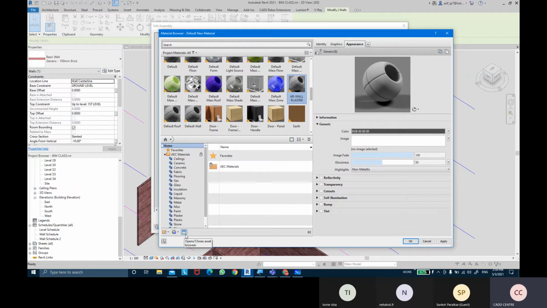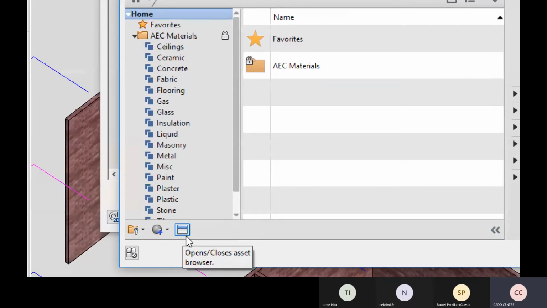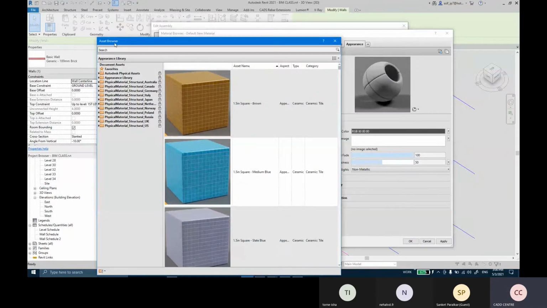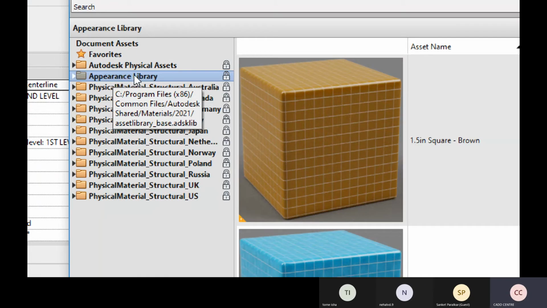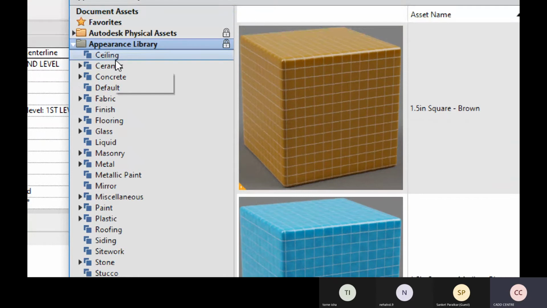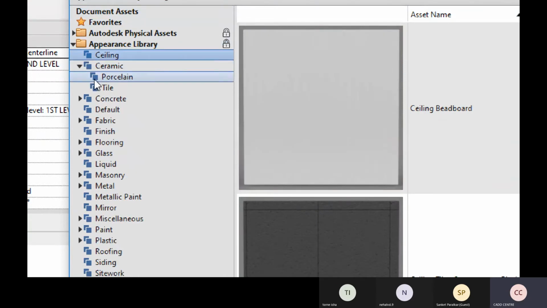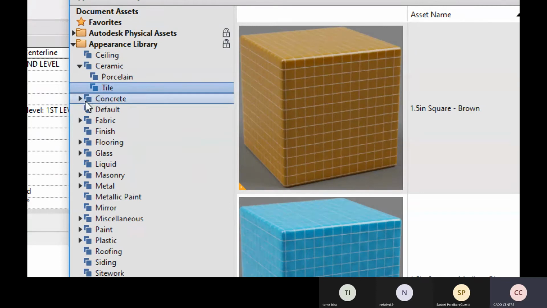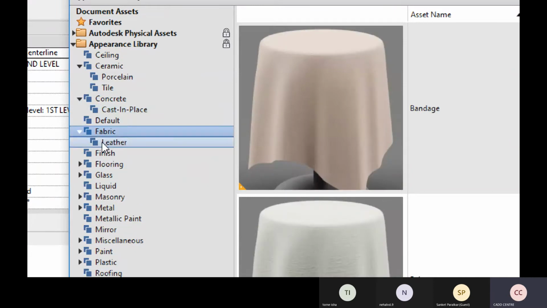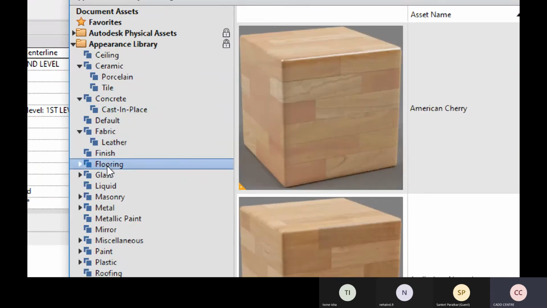click on this button which says open close asset browser। Okay, तो यहाँ पे open close asset browser मिलेगा, उस पर क्लिक करो तो आपको asset browser open होगा, मीन्स लाइब्रेरी ओपन होगी मटेरियल टेक्सचर्स की। अब यहाँ पे asset browser में look for this material called appearance library। कैसी अपीयरेंस लाइब्रेरी इज गिवन, इसको एक्सपैंड करेंगे हम लोग। तो यहाँ पे इसको कोलैप्स है तो इसको ओपन करेंगे। So when we open we get the category of materials. So we have ceiling materials, we have ceramic materials. If I expand ceramic also, सिरामिक में पॉलीसिरामिक है, टाइल्स है। Okay, then we have कंक्रीट में कास्ट इन प्लेस मटेरियल्स है, डिफॉल्ट मटेरियल्स है, फैब्रिक मटेरियल्स भी है, फैब्रिक में लेदर मटेरियल्स भी है, फिनिशेस मटेरियल्स है,